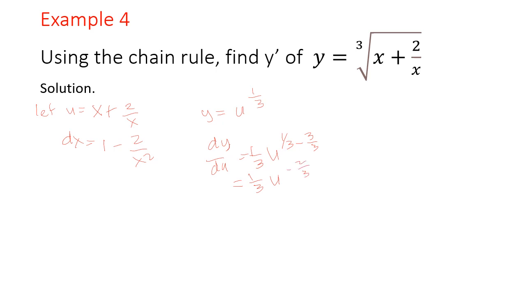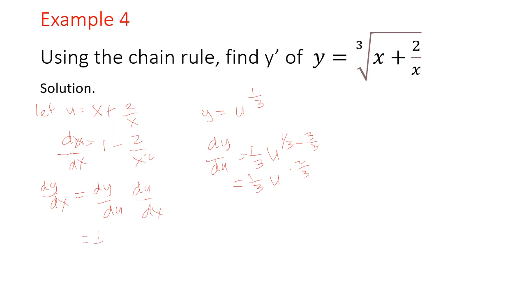And du over dx is 1 minus 2 over x squared. So dy over dx equals dy over du times du all over dx